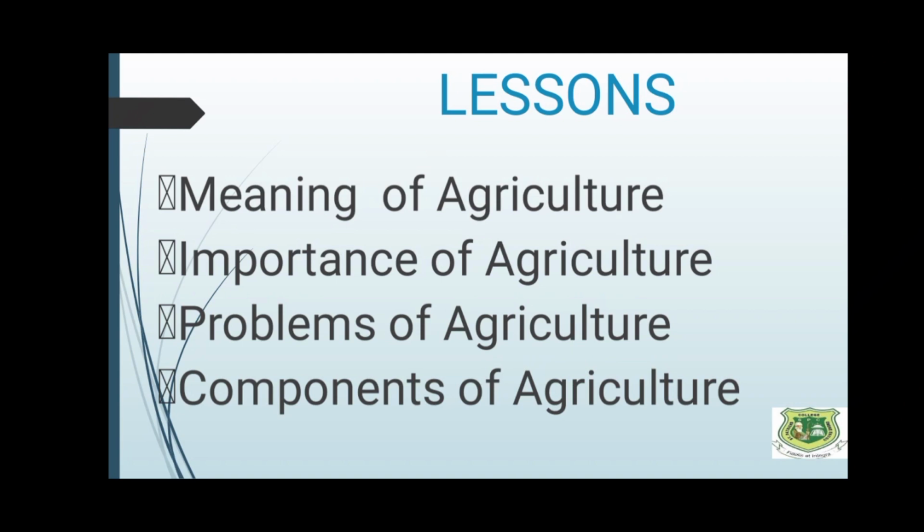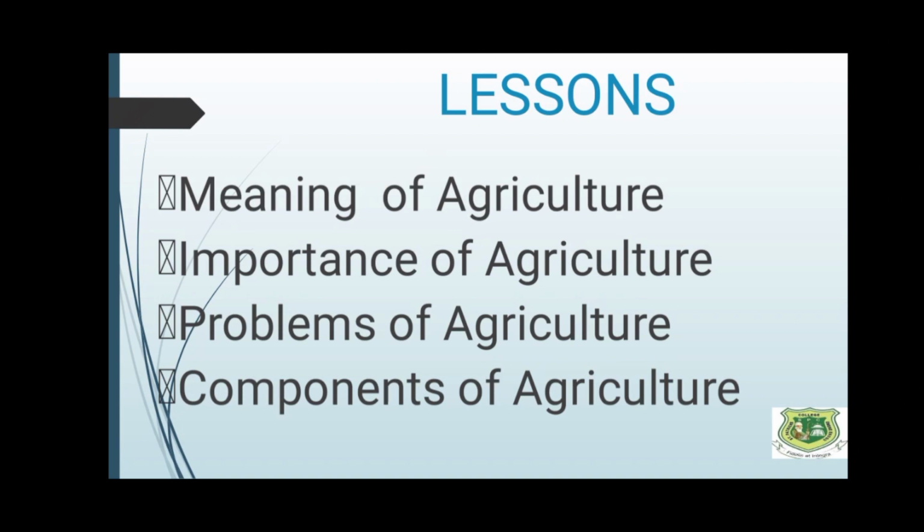Now, let's look at the problems of agricultural development in Nigeria. Agriculture is faced with many problems in developing countries like Nigeria. These include the following. 1, inadequate modern farm tools. Most Nigerians still make use of ancient and crude implements like hoe, cutlass for their cultivation. This hinders their output. Inadequate infrastructural amenities, poor condition of our roads, water, even electricity, hinder the growth of agriculture in Nigeria.